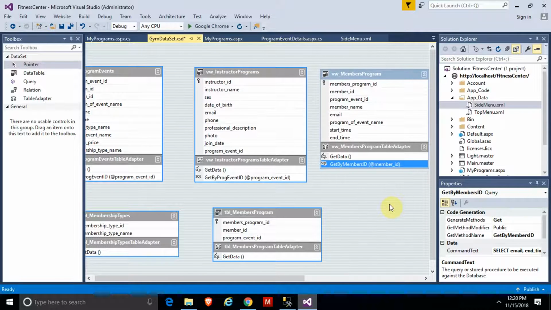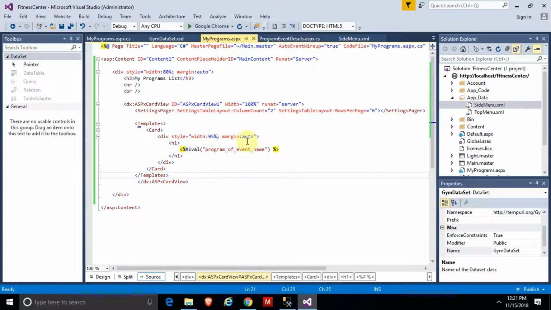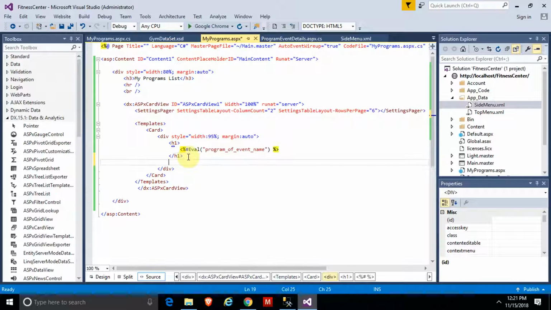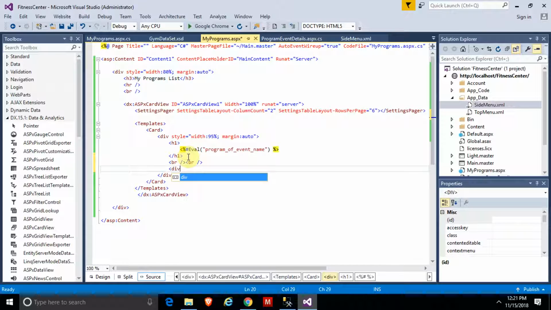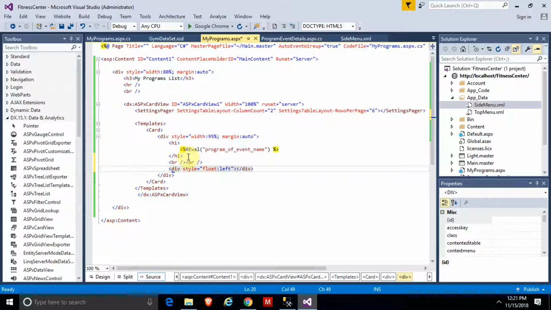So we need to close this. We don't need this again. So I can just go right ahead, close this. So you go back to my programs. So we have these. We can just do this, break maybe twice, and then we can just add the start time and then the end time. So here I can say div style float left, I can call it start time,